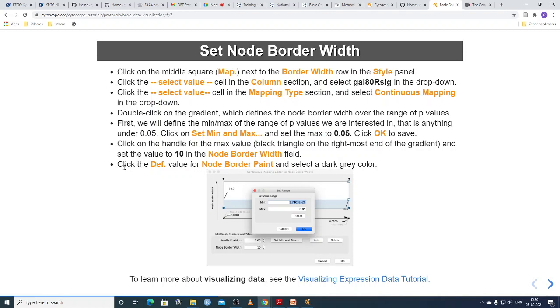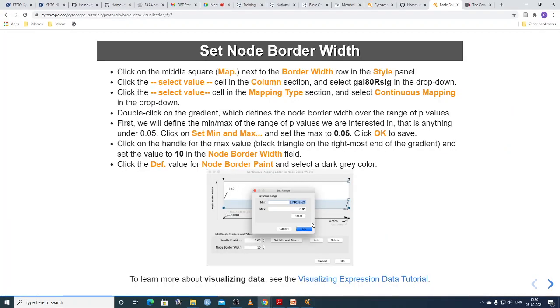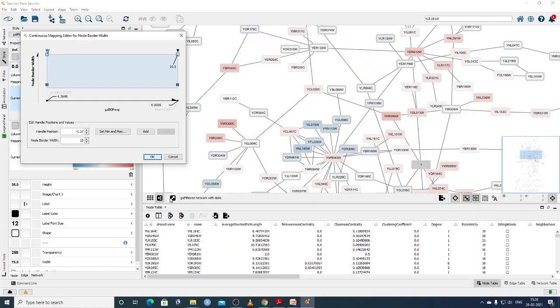Then click the default value in the node border pane and select the gray color.